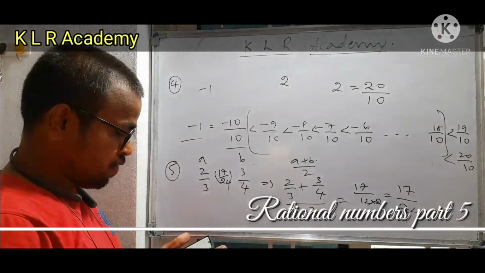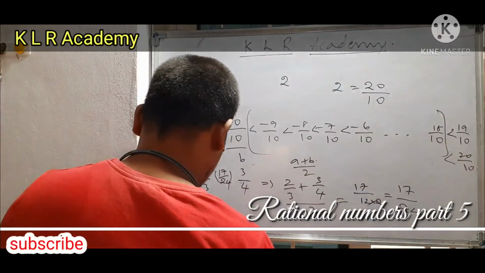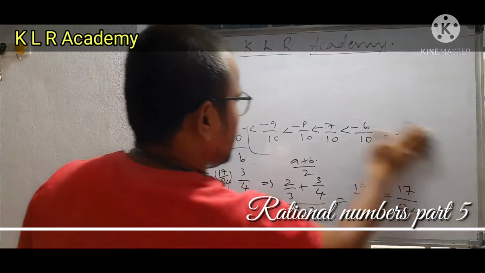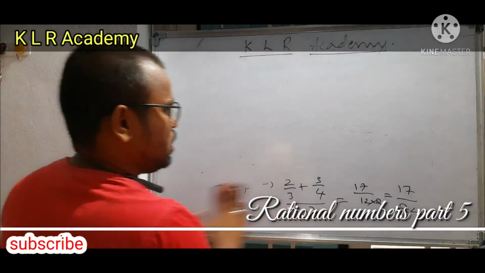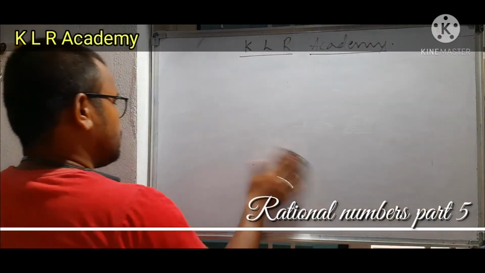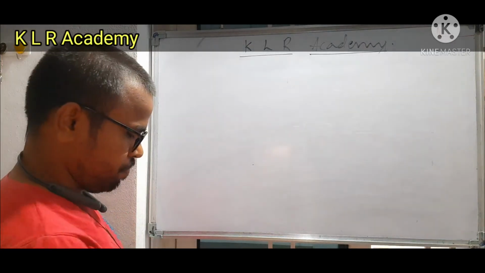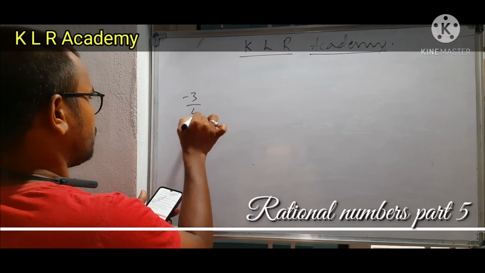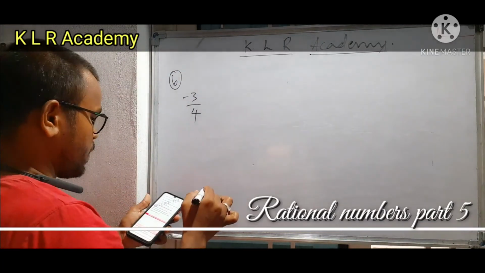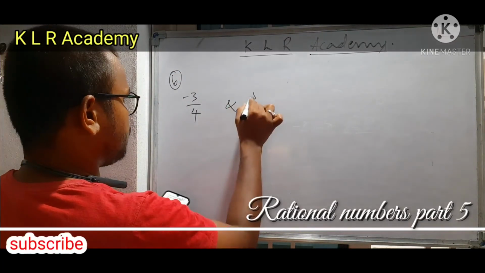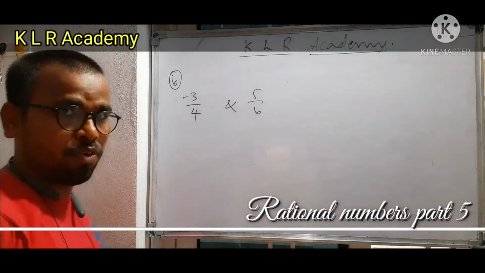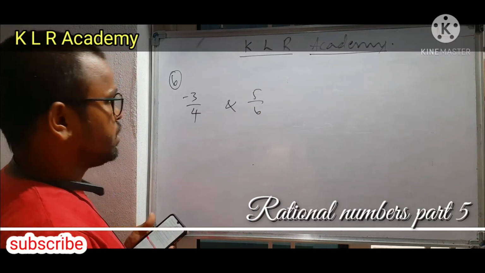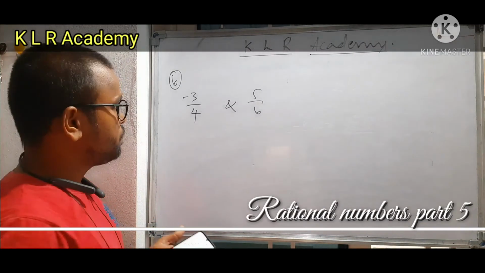Okay. Find 10 rational numbers between minus 3 by 4 and 5 by 6. Same, which concept do you take? Equivalent concept. The concept of equivalent rational numbers. Which question? Question number 6. Minus 3 by 4 and 5 by 6. Okay. How to find it? See,